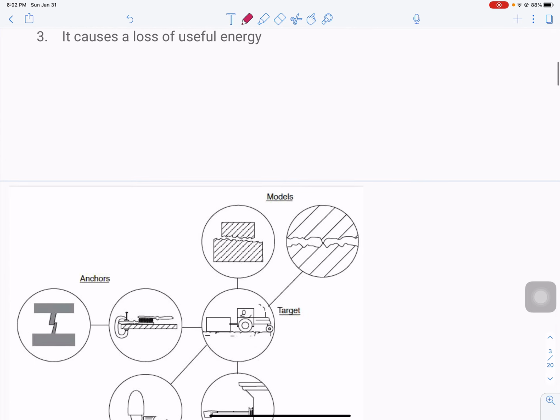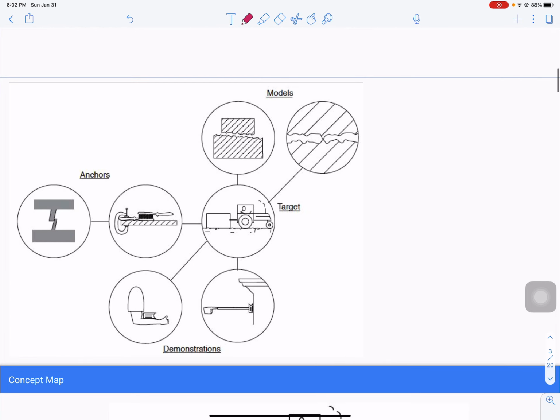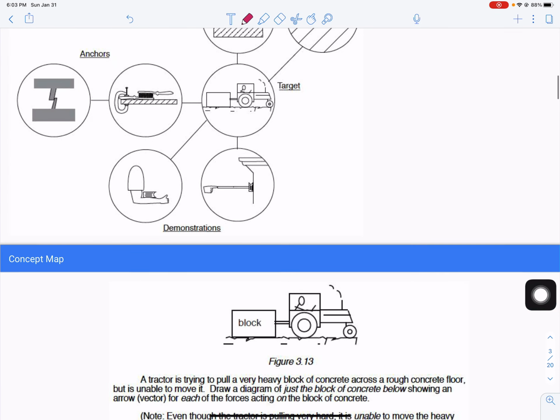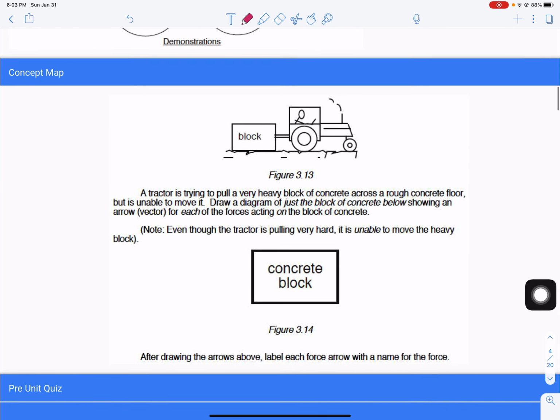And so I'm going to look at our conceptual model first of all. We're going to consider some wire brushes, consider a model, and then think about a tractor moving a concrete block and what that looks like at the surface level. Why is it hard for a tractor to move a concrete block on the ground as opposed to trying to move it on the ice? And then we're going to do a demonstration. Okay, we're going to start out with